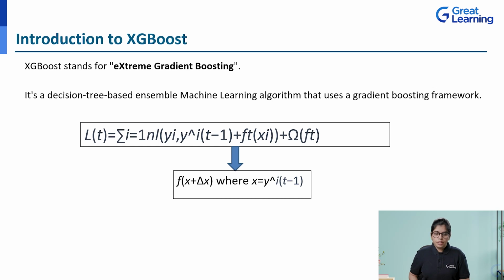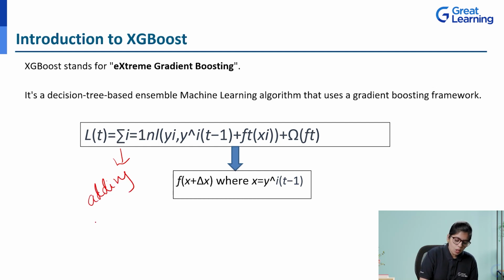So here you can see that I have given a formula. That formula is nothing but the mathematical notation of XGBoost. I'll explain all these variables one by one. First you can see that LT is given. Before the LT, I'll explain the meaning of this summation. The summation here means that we are adding several terms together. The summation in itself explains the sum. So the meaning of this is adding all the terms